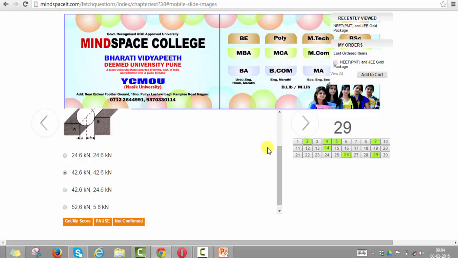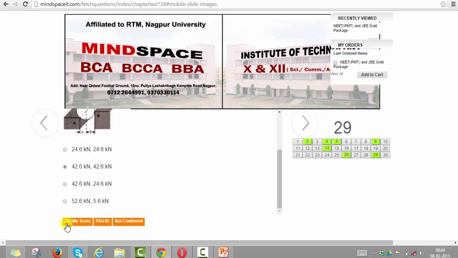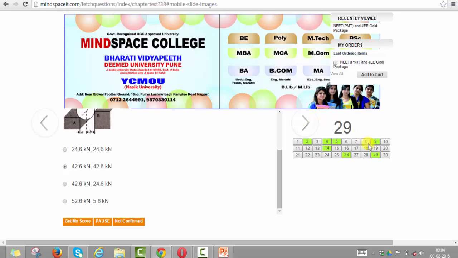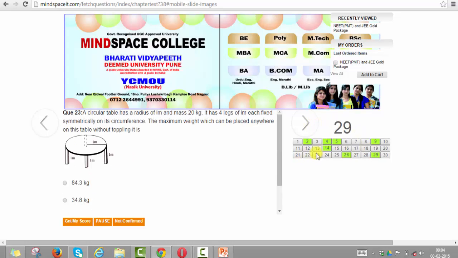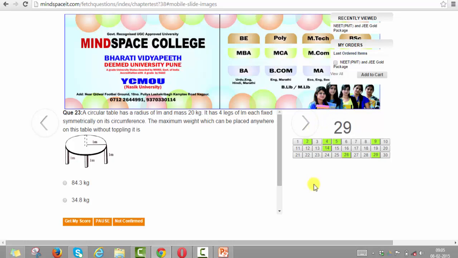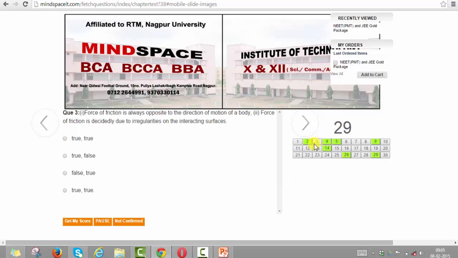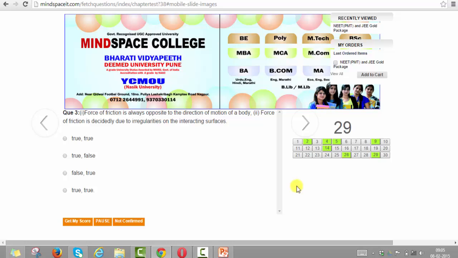There is absolutely no problem with it, and you have to just make sure that before you click on submit, that is get my score, you have to just ensure that your connection is back. So meanwhile, you can attend all the questions, you can give the test, and even if this 29 is the time left for the test, even after it becomes 0, it's not the fact that your questions will disappear. You can continue to give the test so that you can know where you stand and what is the level of your preparation. So now, before submitting this test, what I'll do is I'll try to be online again,